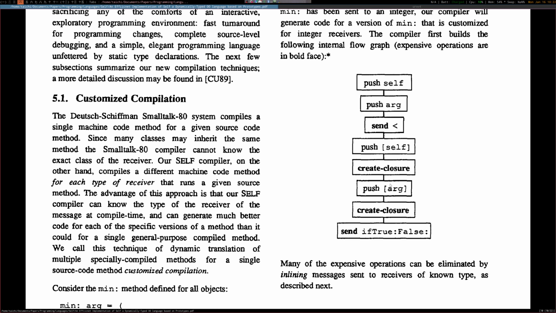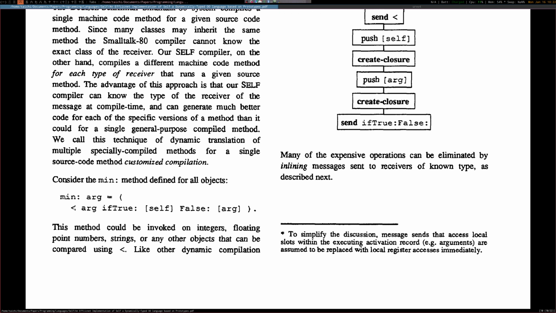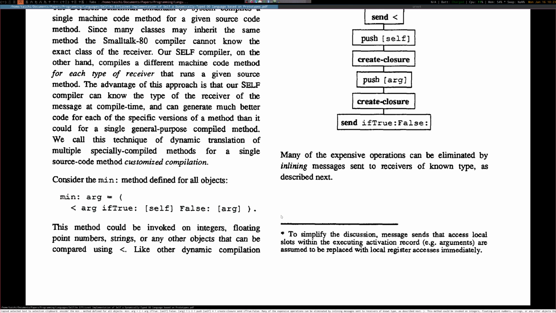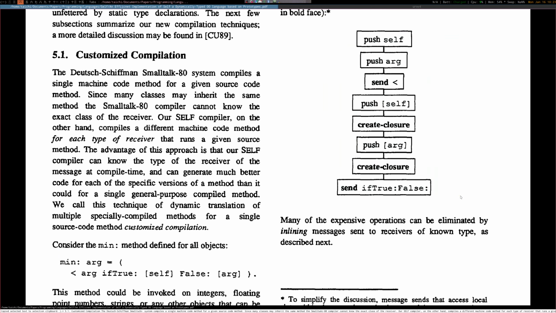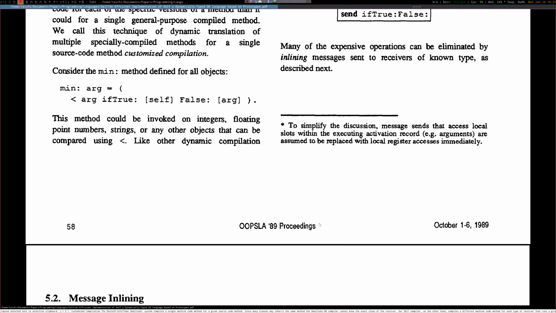However, if you're just looking at this method, you don't know if this is on floats, on ints. You actually don't know what this is on. And that's really bad because you have to do this logic every time. You can't just shortcut less than, right? Like this logic can boil down quite a bit. However,